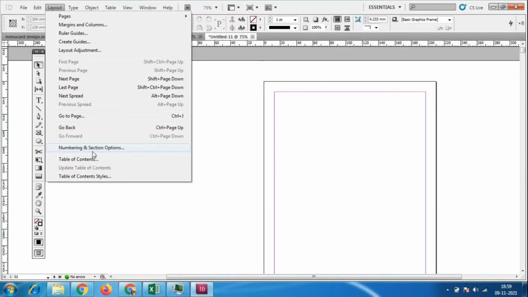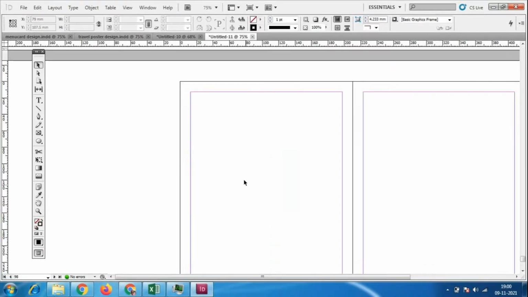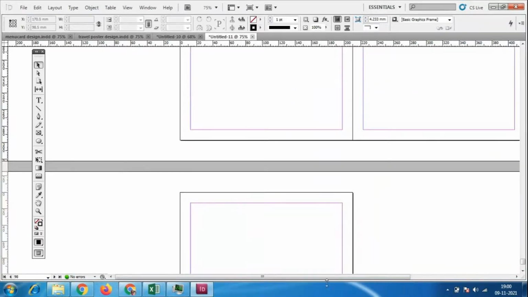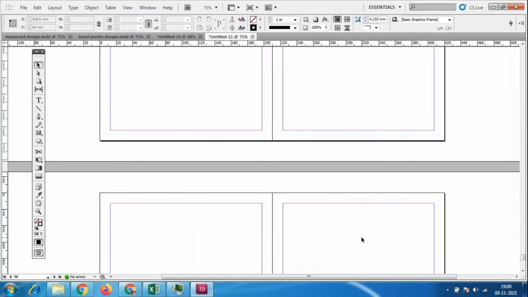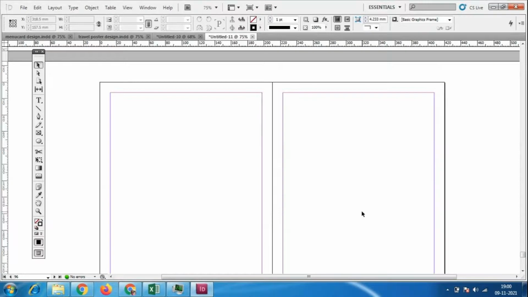And once we place the page number, then directly we can go to the page, like how many pages, or suppose I want to go to page 98. So automatically now also it will go. So this is page 98. On the left side we have the option of page 98, but I want to place the page number for all the pages, because we cannot place it for each and every page. We cannot add the page number.